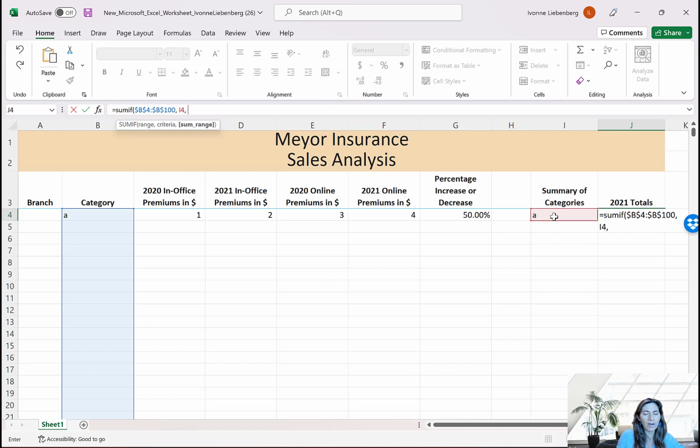the sum range. Where is Excel going to find the values that it needs to add up? We want this to be the 2021 in-office premiums. So I'm going to say D4 to D100, and I'm going to fix those two references, D4 and the D100. All right, so it should read $D$4:$D$100. Now we're going to go ahead and close that parentheses. All right, so this is returning the sum of the 2021 in-office premiums for all of those rows that have